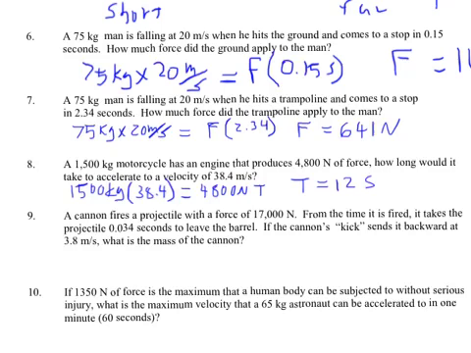Let's just try going with the next one, number 9. Alright, let's look at what I'm trying to find. It says, what is the mass of the cannon? I'm looking for the mass of the cannon, so I should know everything else. I'm going to try to substitute into the equation this way. The first thing I have is the force applied by the cannon, 17,000 newtons. Then here's how many seconds it takes to leave the barrel, so I'm going to put that here, force times time,